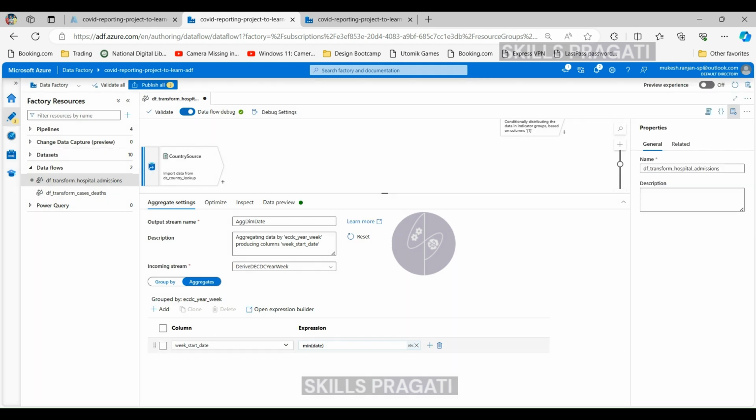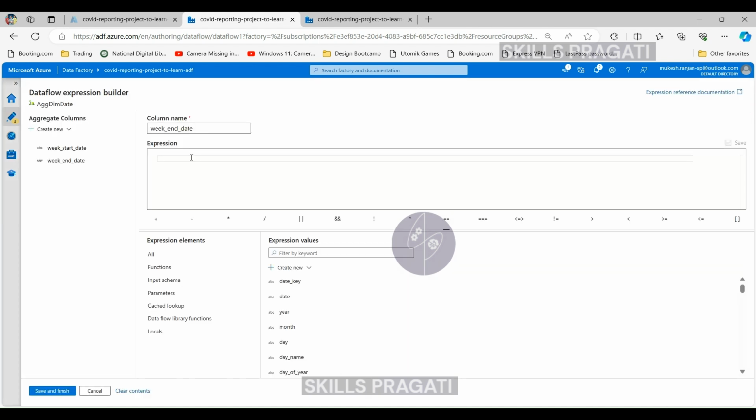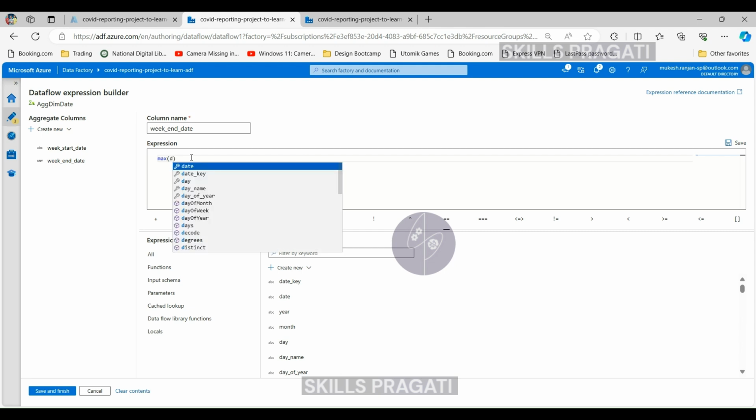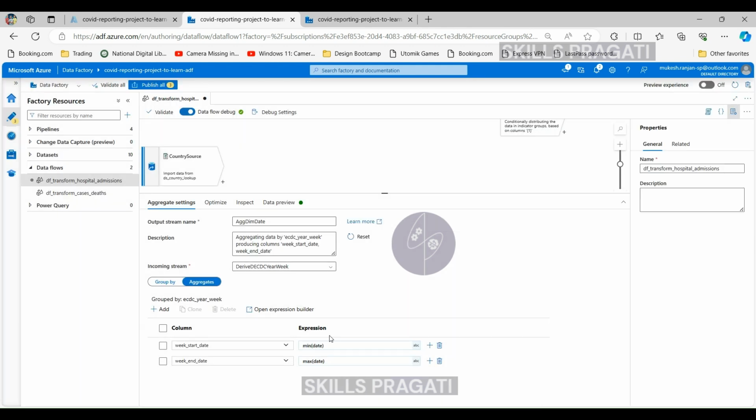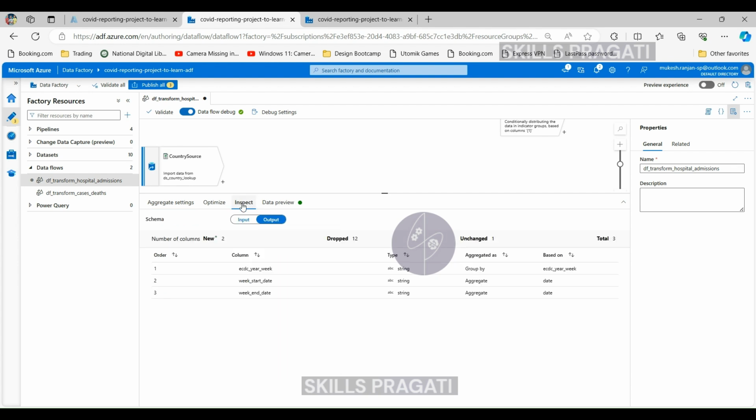Also, to add the new one, you can do it here with add column, and this will be called week end date. In this case, you can either type in here or you can open up the expression builder. That would be max date. So we've done our group by and the aggregates. Let's look at the inspect. As you can see here, these are the three columns which are going to come out of this stream now,